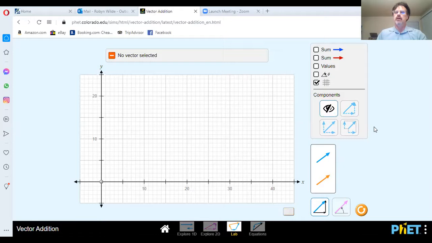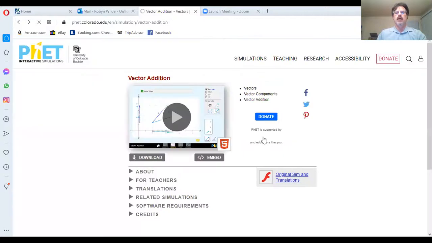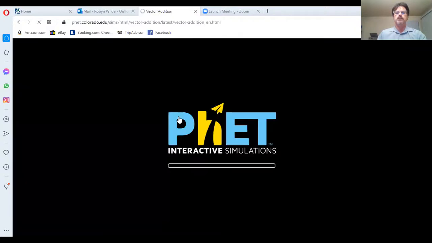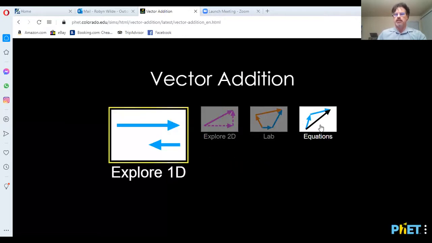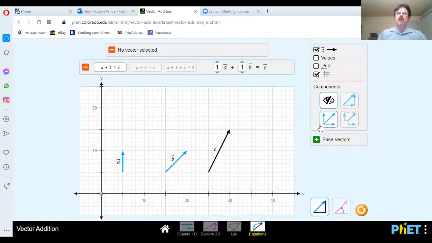So one last thing here, let's clear this. If you go, let's see, let's go back to what I had originally, to the original simulation. You could play with these other parts of it as well, but I wanted to show you this last part. There's an equations section, right? And so in this case, you've got vector A and B and C. And you can see up here, I've got 1A plus 1B equals C. So if I wanted to write an equation,